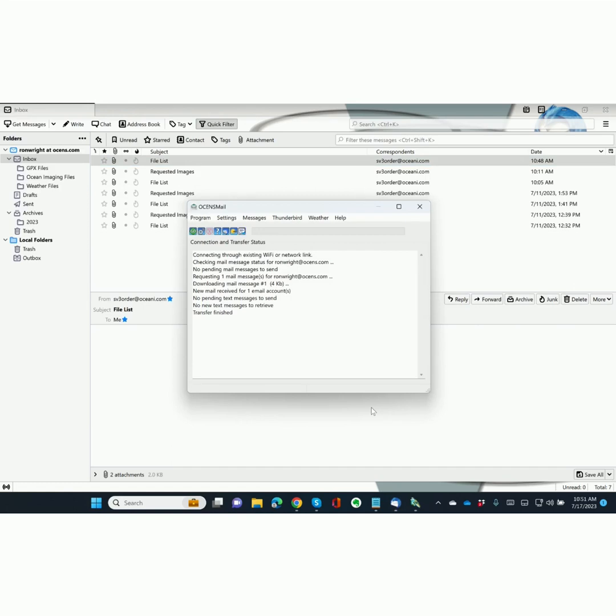At this point, we need to take a quick look at our Globalstar phone and make sure that we have service before we press the Go button. Now we're going to press Go and watch the dialog to make sure that our message was successful. Notice the message was successful. Again, we have to give Ocean Imaging some time to parse this request. I recommend you wait about a minute before you press the go button again,